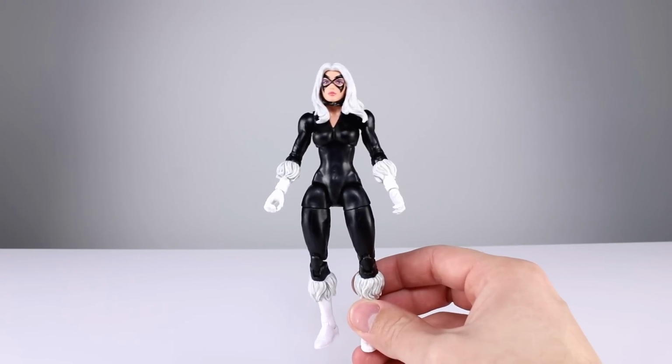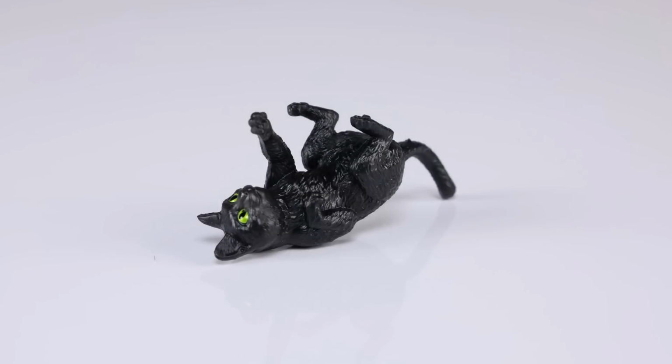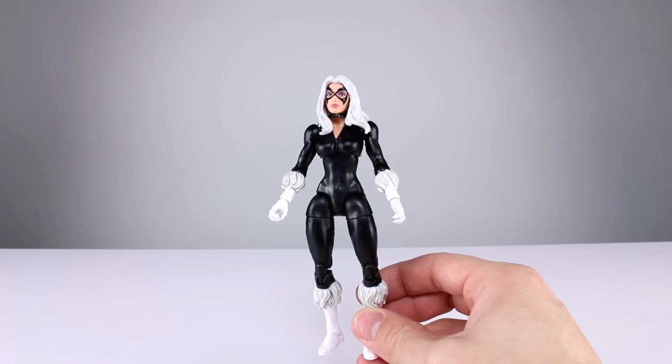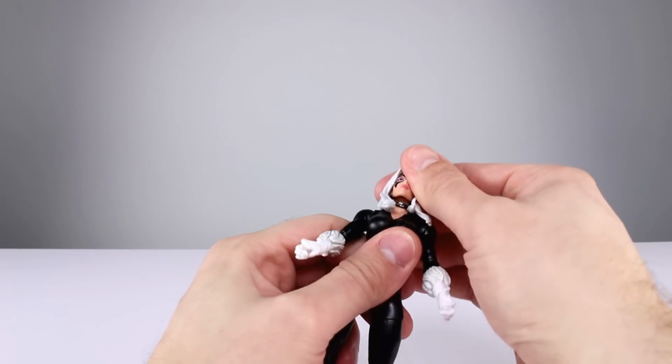No surprises here. As far as accessories go, we get her whip thingy, which I guess is fine, and then you also get the cat that came with Captain Marvel, and that's fine as well. 5 out of 10 for accessories. No alternate hands, kind of blows on this one. And the cat accessory is probably kind of worthless. Okay, on to the articulation. We are on our standard...